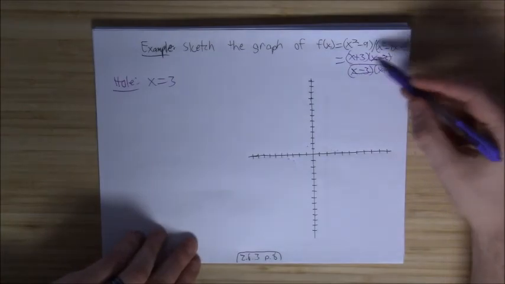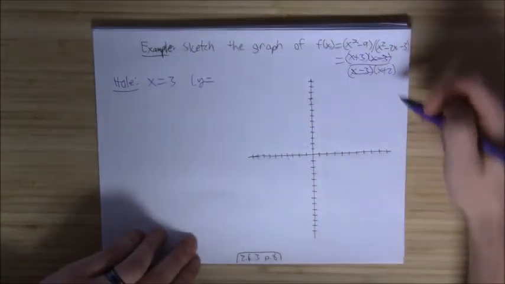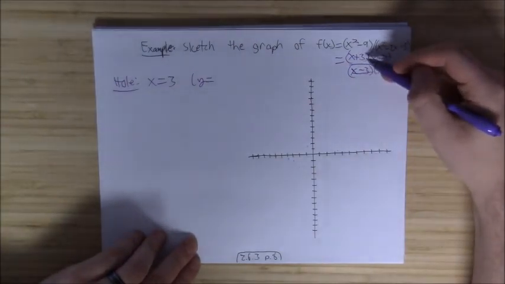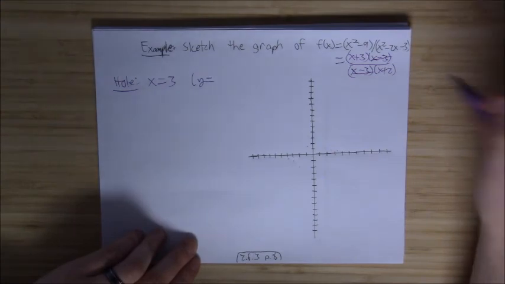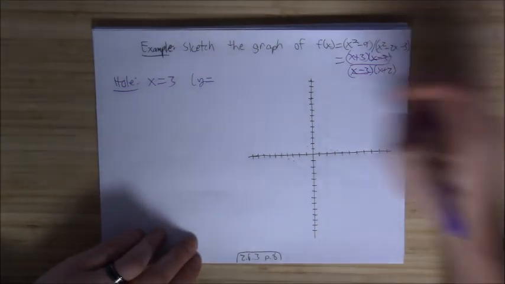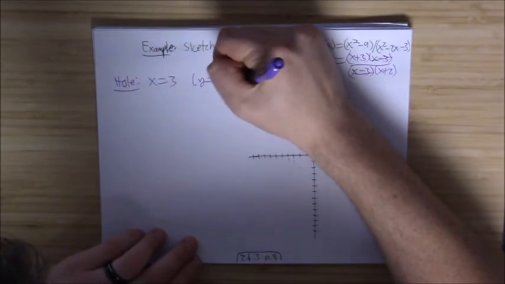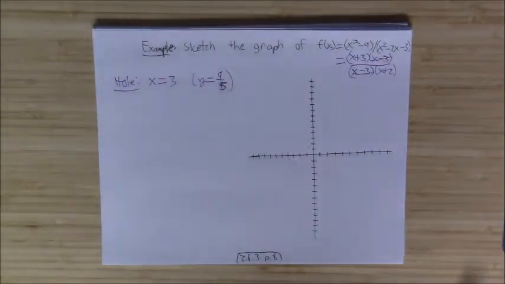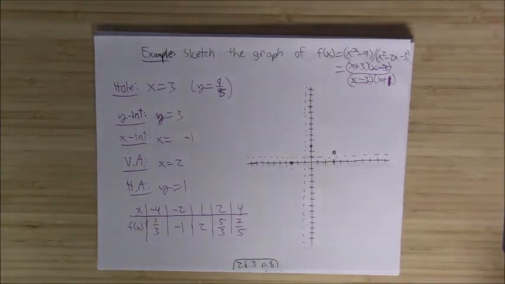Let's go ahead and find the y-coordinate there. Plugging 3 in, would be 9 over 6, so 3/2. No, 9 over 5, sorry. 9 over 5. Good. Alright, sorry for that. Hit a bit of a hiccup with this example, but after you do all the information,